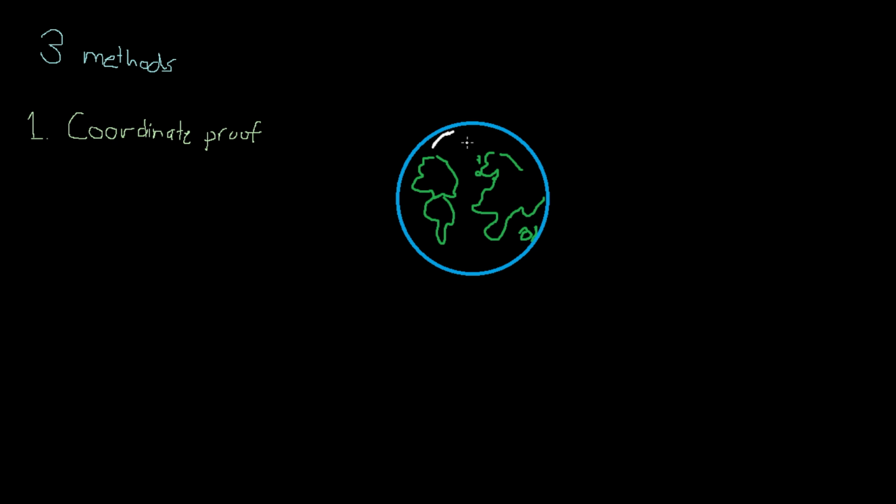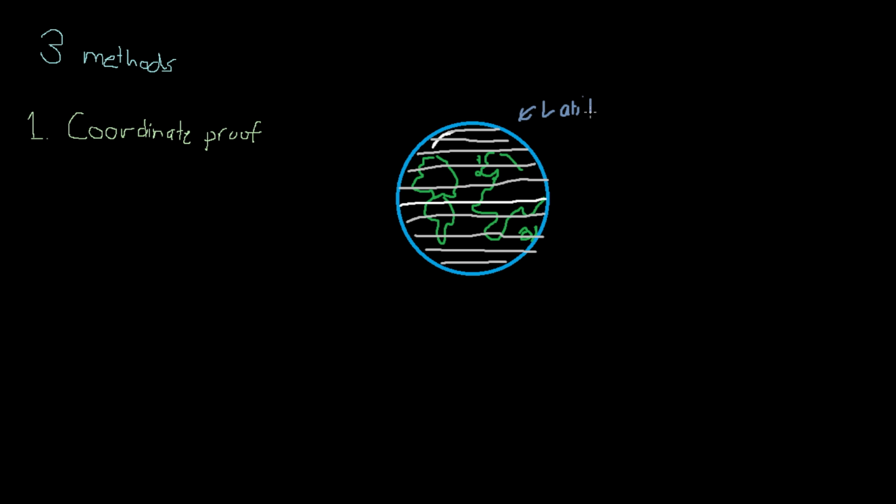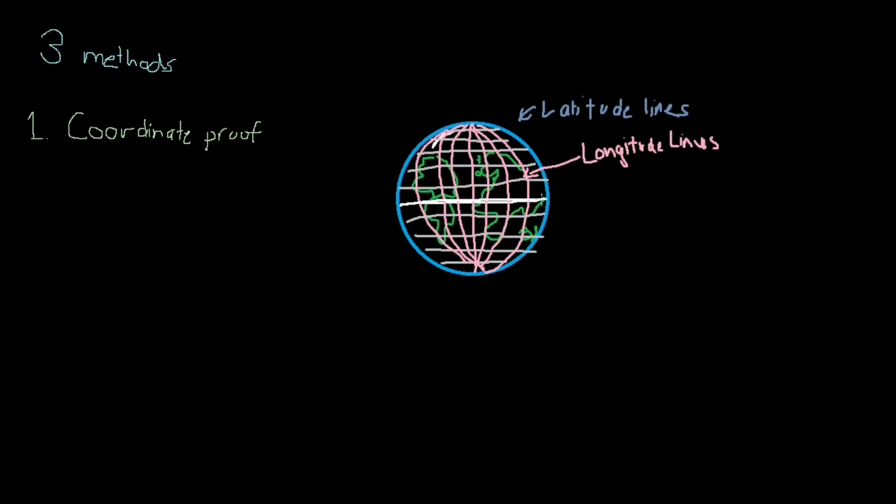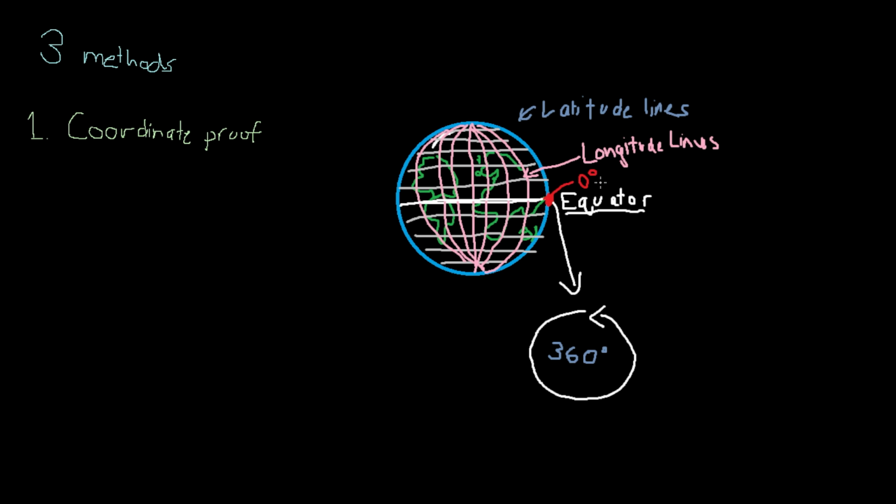is roughly a sphere, with latitude lines and longitude lines going through it. This line right here is called the equator. And the equator goes all the way around the globe, 360 degrees. Let's mark a point here at latitude 0 degrees, longitude 0 degrees, and another one here at 180